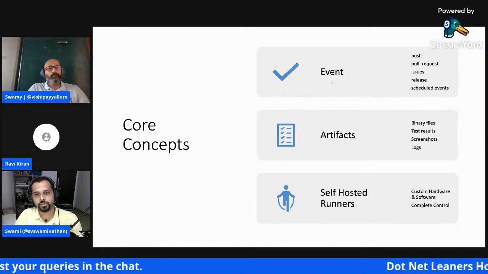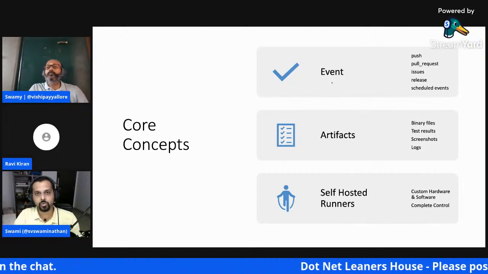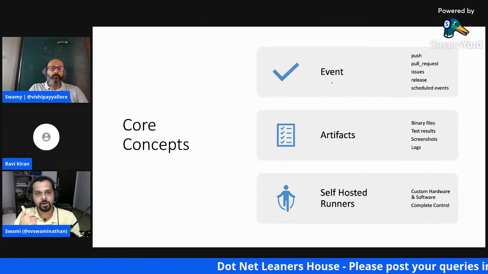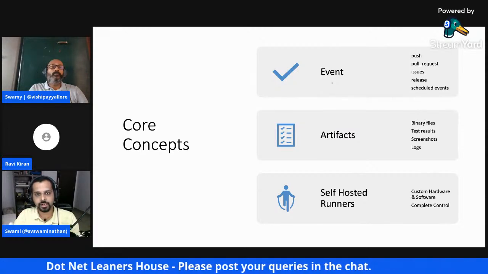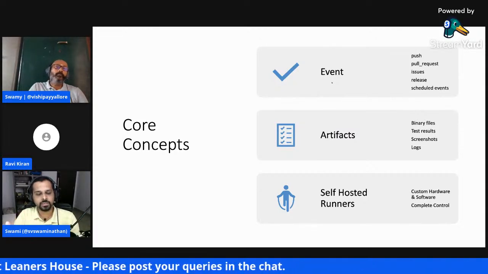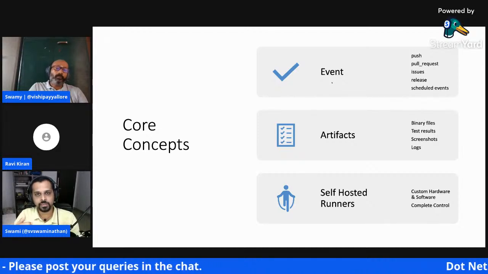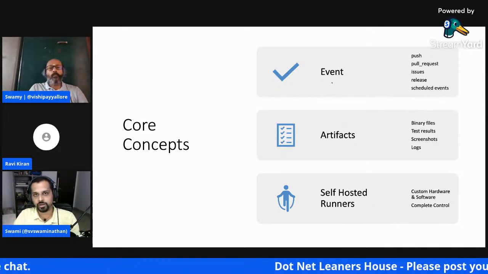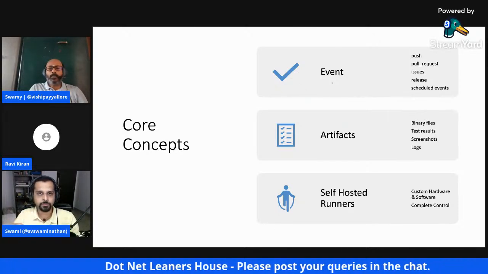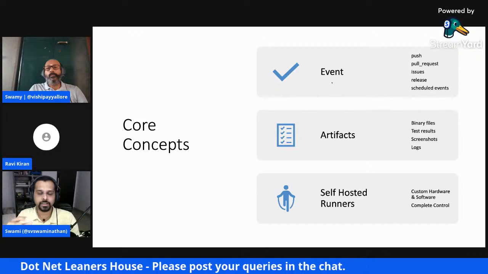That means you just specify which runner you want, and whether you want to run it on a Windows machine, a Mac machine, a Linux machine, or a container or whatever. You just need to specify that, and GitHub will automatically provision that infrastructure for us, spin up that runner, and execute the workflow on it. Here, we don't have any control over which machine the particular build or entire workflow is going to run on.